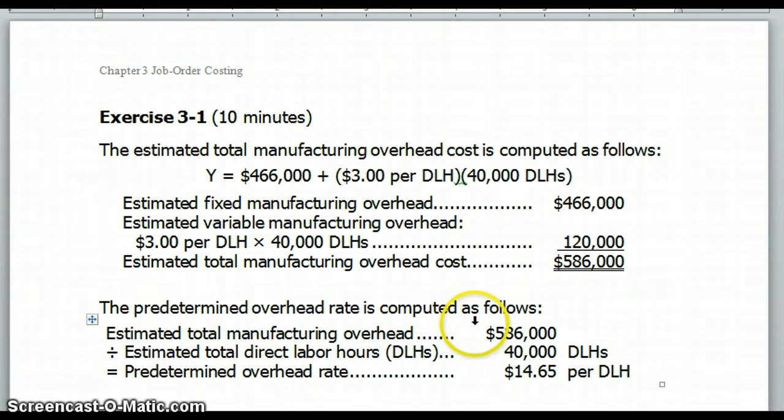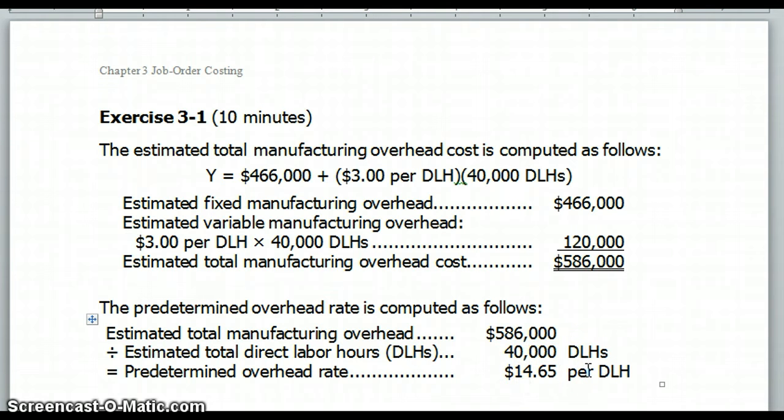We add the $466,000 plus the $120,000, and we come up with an estimated total manufacturing overhead cost of $586,000. In order to calculate a predetermined overhead rate, we take the estimated total manufacturing overhead divided by the estimated total direct labor hours, which is the cost driver used to estimate or allocate manufacturing overhead in this particular example. When we divide $586,000 by 40,000 estimated direct labor hours, we come up with a predetermined overhead rate of